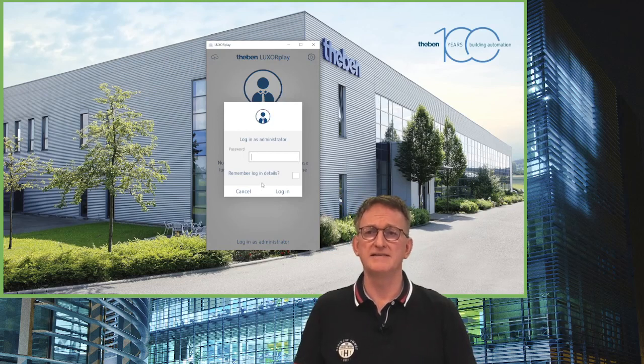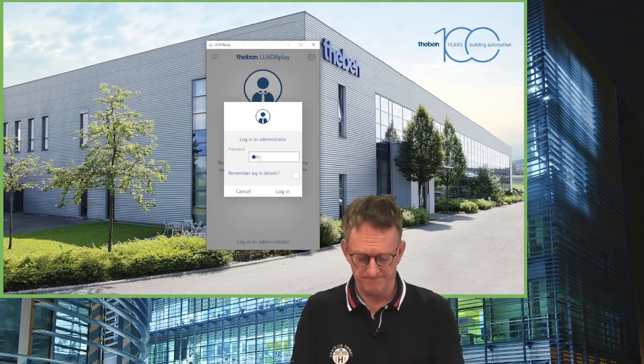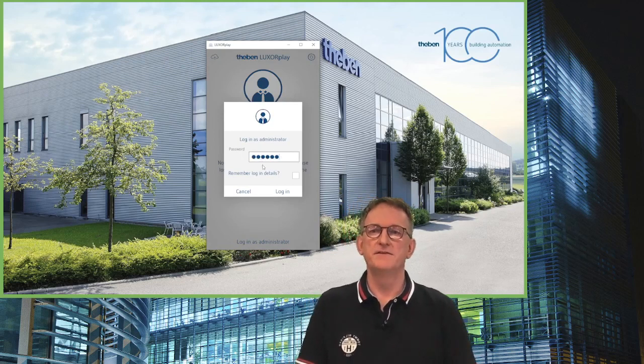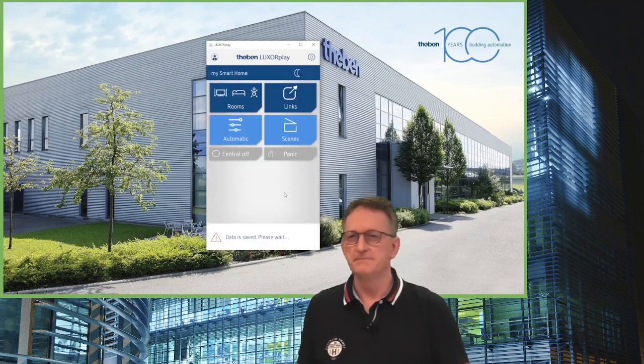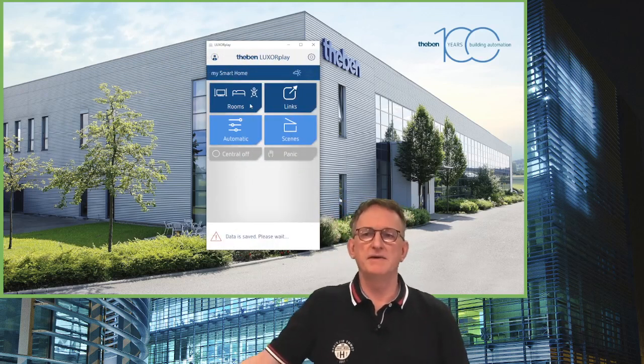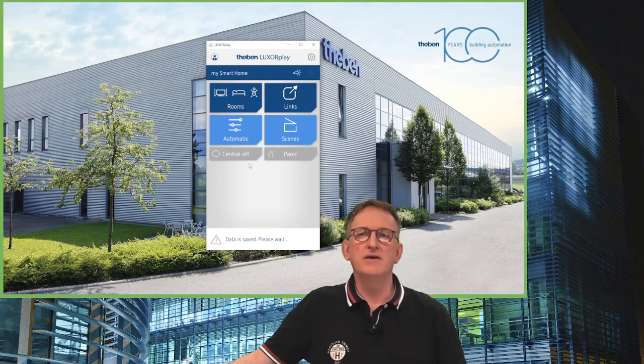As I log on as administrator, and if the system should keep or remember your password, then just click here and say log in. It will connect to the system, and now you can see what you have configured. So here you see my system, my smart home. I will first have a short look